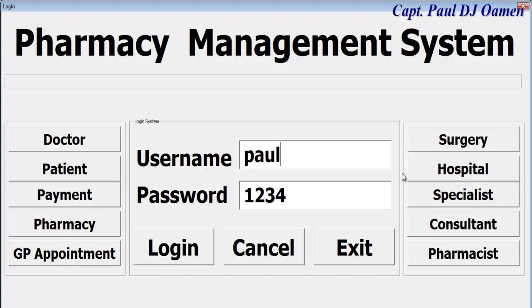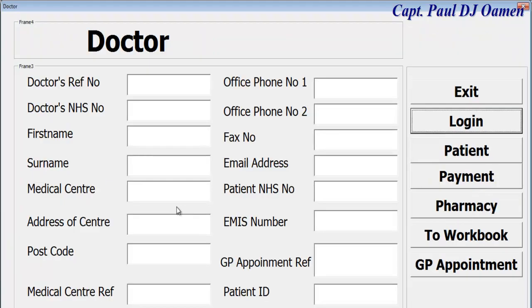Okay, so we can click on any of these buttons. These buttons are all coded. There's nothing in here. That's just an example if you guys want to complete that. So if I click on doctor, that's the doctor's page, and we can always enter the details of the doctor. Let's say the doctor reference number is